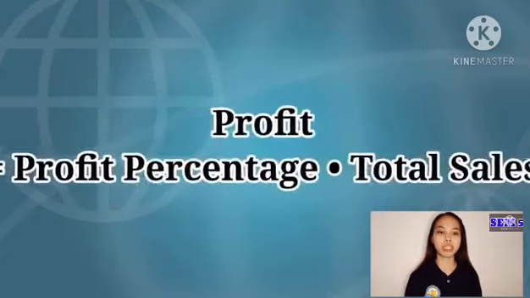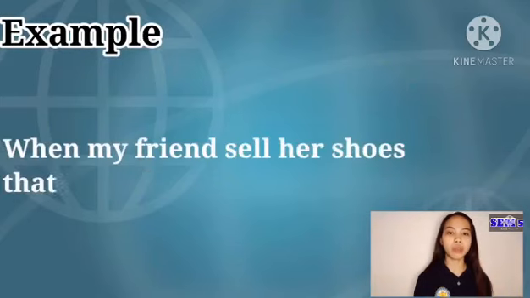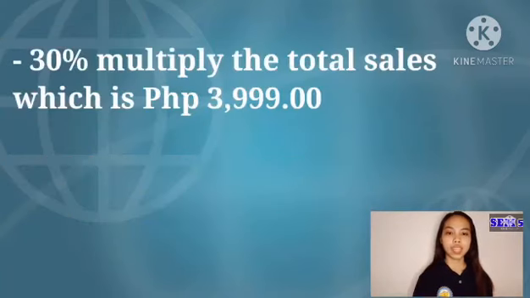To solve the profit, profit is equal to profit percentage times total sales. An example of this is when my friend sells her shoes that cost 3,999 pesos and she earns 30% profit for selling her shoes. How much profit does my friend earn? To get the profit, we need to multiply 30% by the total sales of the shoes, which is